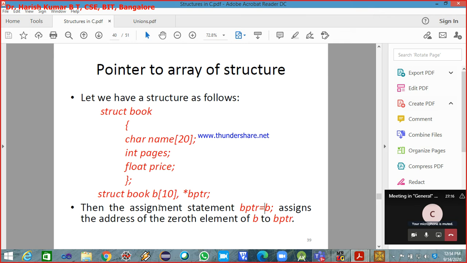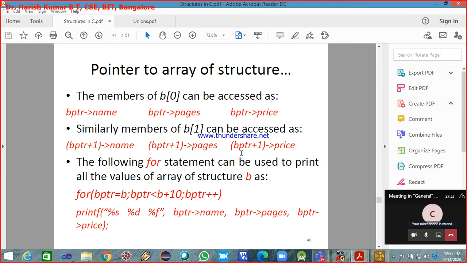So the statement b ptr is equal to b assigns the address of the 0th element, the first element of b, to b ptr. The members of b of 0, representing the first book, can be accessed like this.